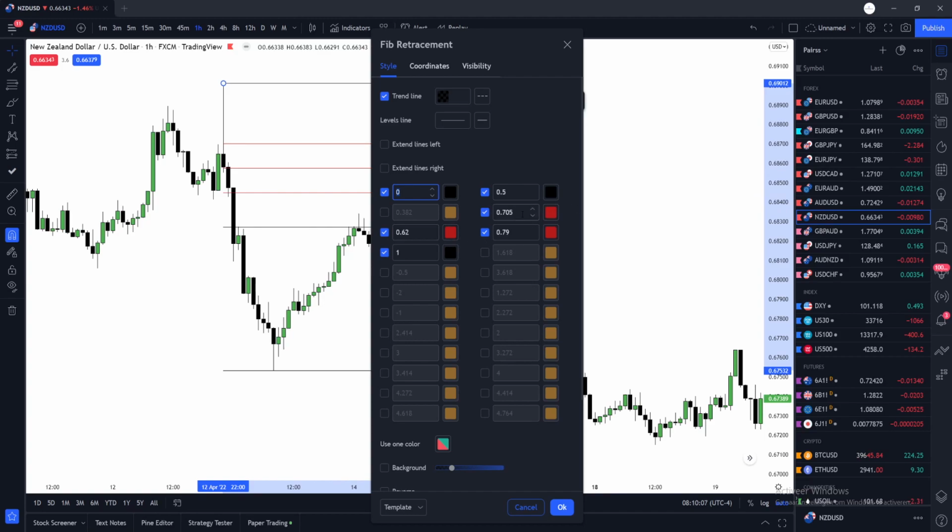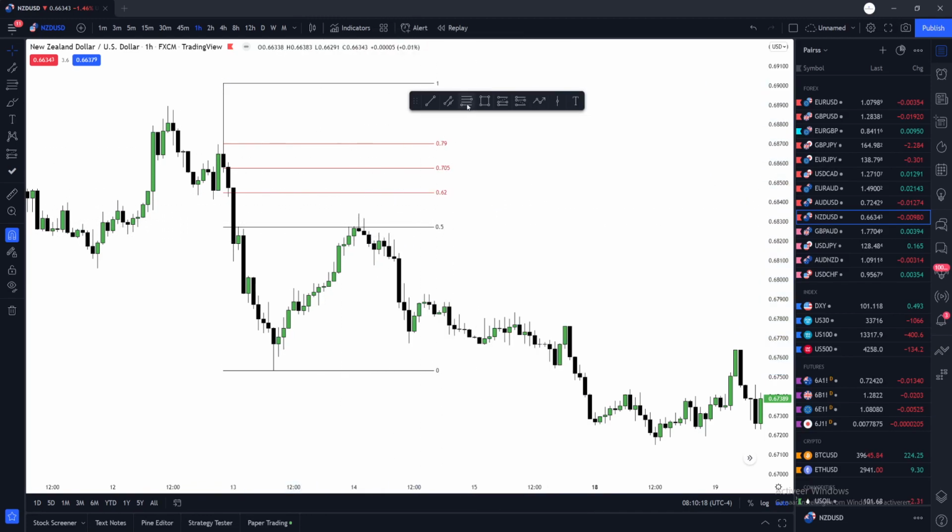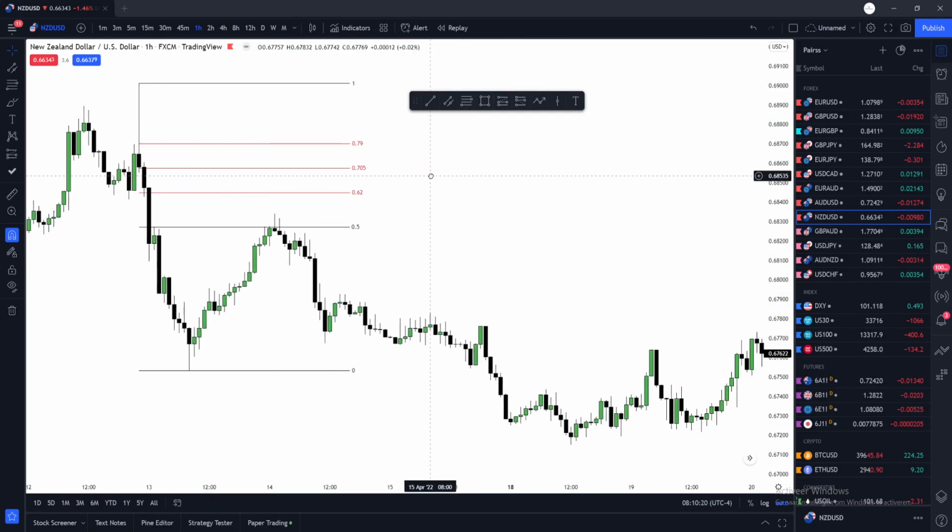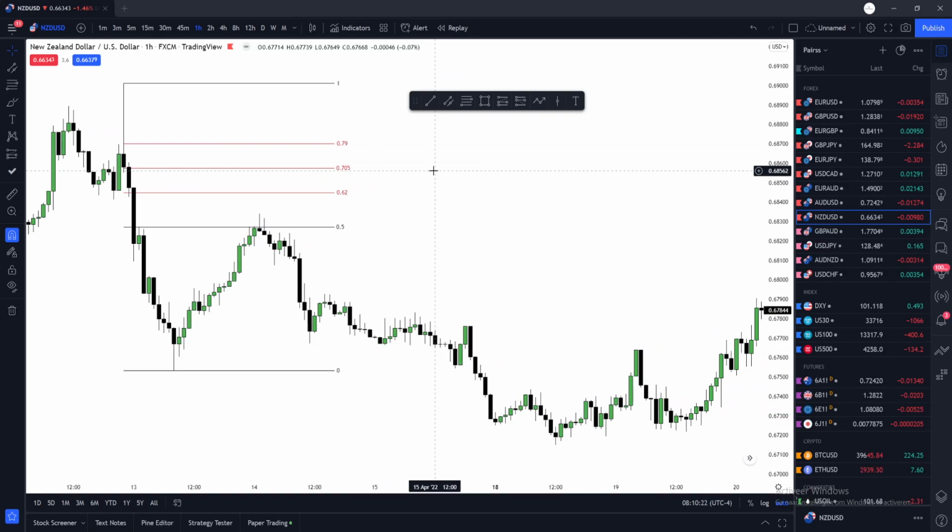So the OTE levels are in red, as you see on the chart, and then 0, 1, and equilibrium or 0.5 is black. I use this Fibonacci retracement for more stuff. So when I draw out my Asia range, I like to use a Fibonacci as well. For example, if this is the Asia range and I go from top to bottom